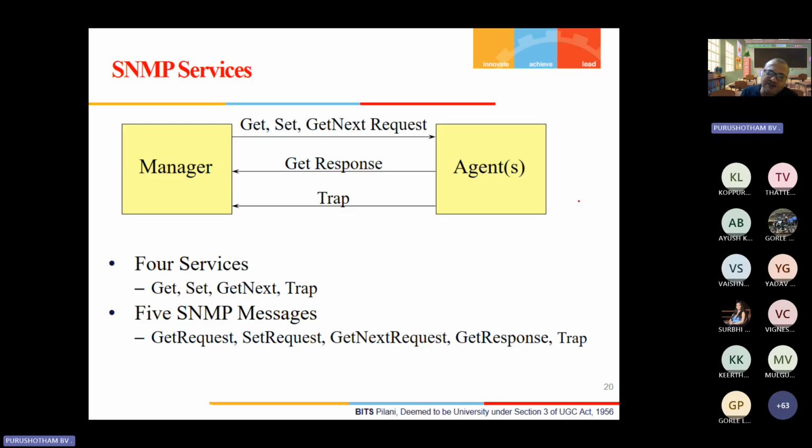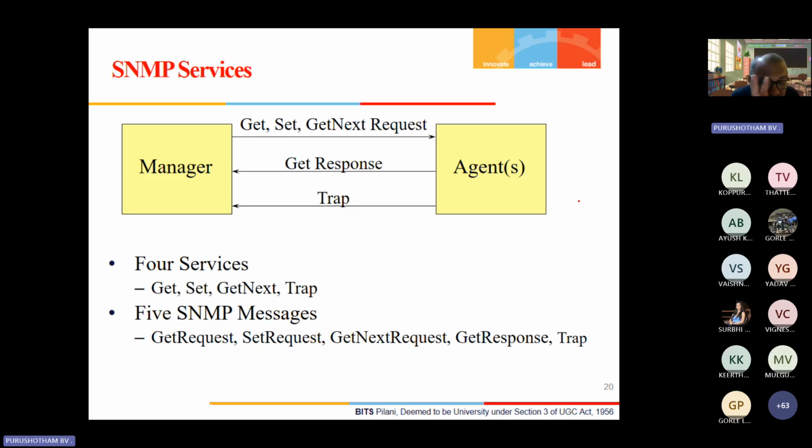Don't get confused between the services and the messages. There are 5 SNMP messages: get request, set request, get next request, get response, trap. These are the 5 things.